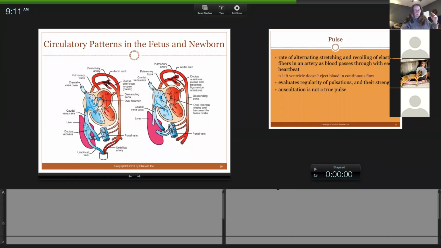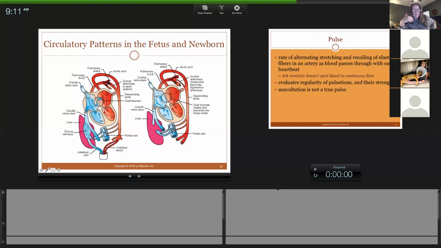So which one of those things did I say could be repaired surgically? Anybody remember? Yes, the ductus, the PDA. So if a dog has what we call patent ductus arteriosus, it means that the ductus remained open. We can go in and surgically tie that, and then that would force the blood to the lungs.